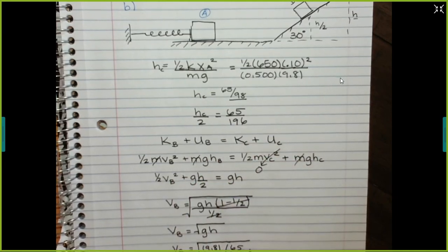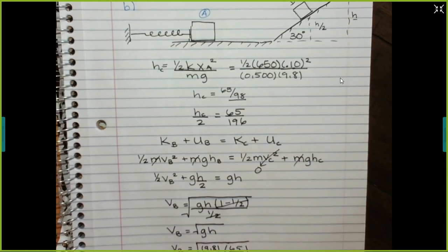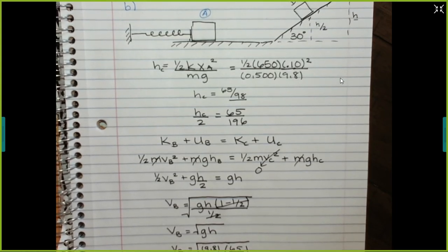So, all right, the velocity at B is going to be, I figured out what it was, but I totally deleted it, so let me do it all over again in my calculator. 65 divided by 98 times 9.8. Square root of 6.5. So 2.54 or 2.55